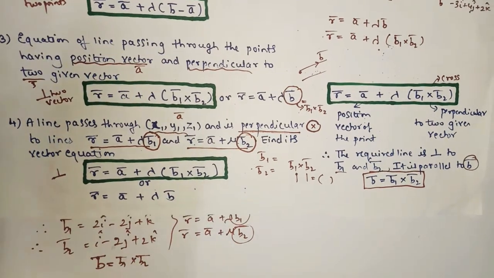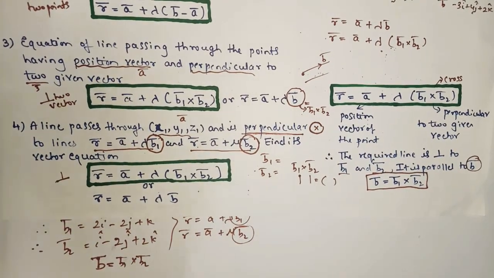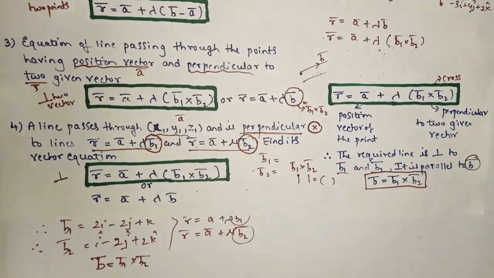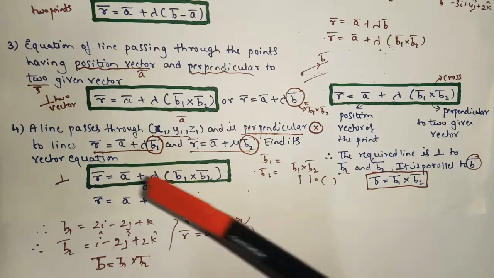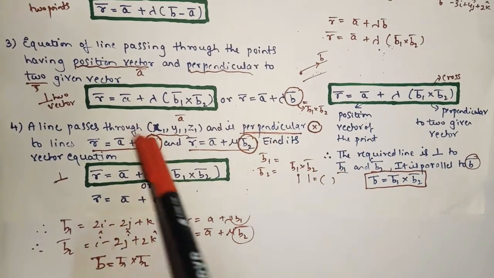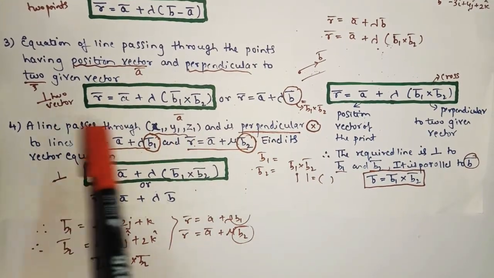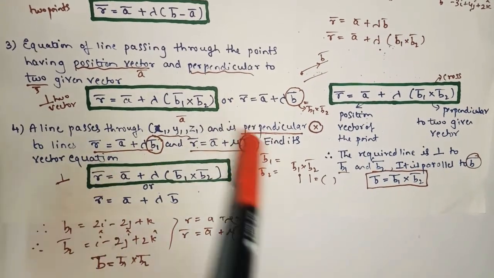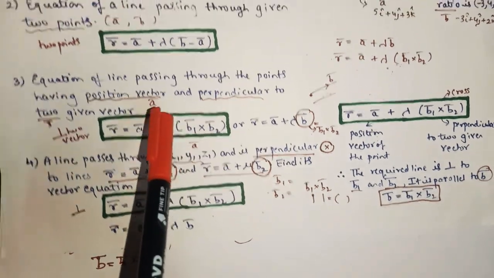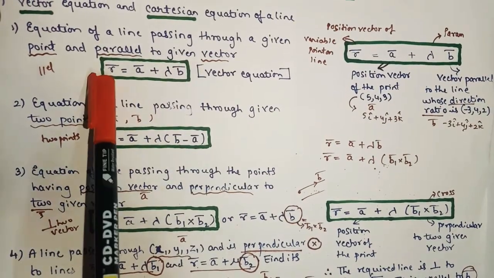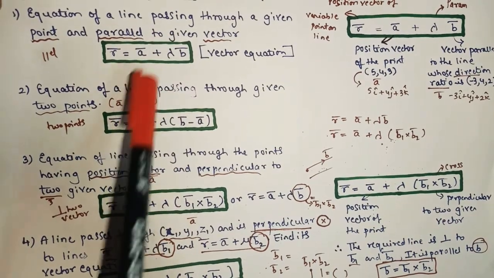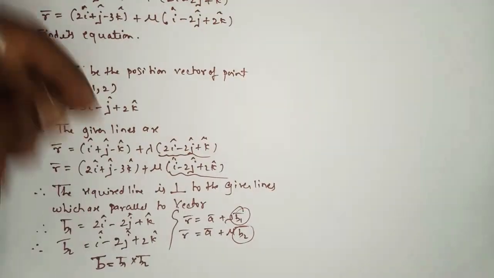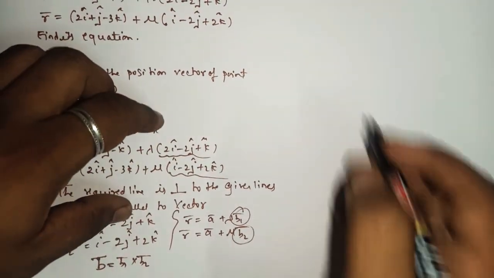So when you go through a diagrammatic form, it will make the concept difficult, as I told in the first lecture. So just simply remember, whenever you have two vector equations and a line is passing through a point and they are perpendicular, you have to apply this concept. Whenever the word perpendicular comes, remember this concept will come whenever it says that it is parallel. Actually these two formulas are one and the same. When they are perpendicular, indirectly it is parallel to b bar only. But we'll apply the first formula.